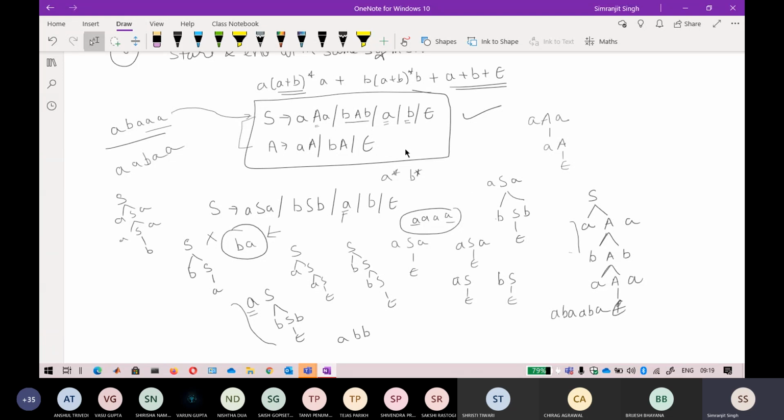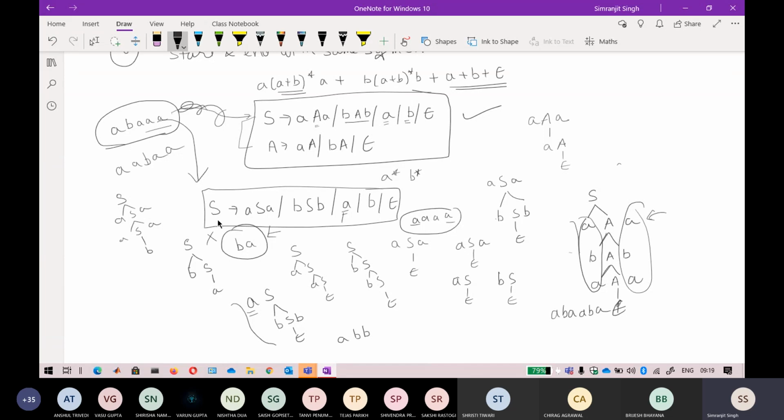Okay, so you also tried, but I think that is a very good pattern if you want a balanced tree. If you're seeing that there are three length here and also three length here, it is a good expression if you want the length of this one to be equal to this. I think that is a part of another question, but that will not be a valid solution because it is not able to derive this string. So you also try this one at home, if you are able to derive this string, but I don't think you can, because it is only valid when the equation is balanced.